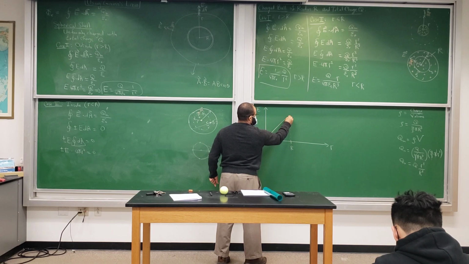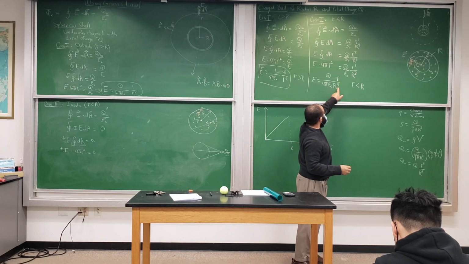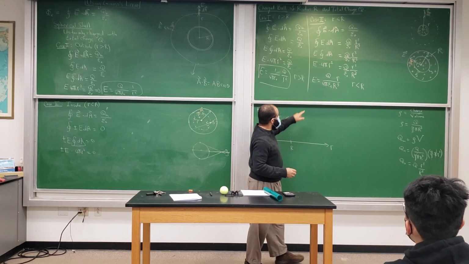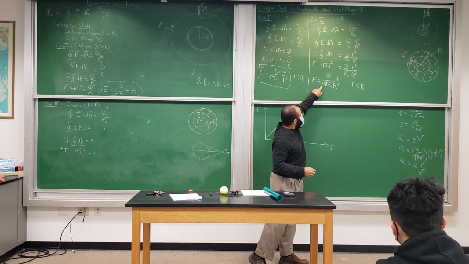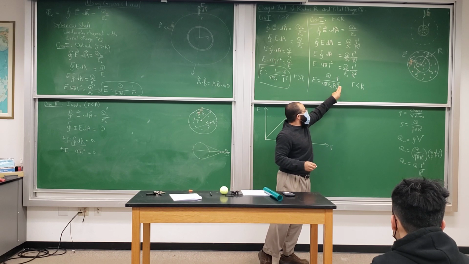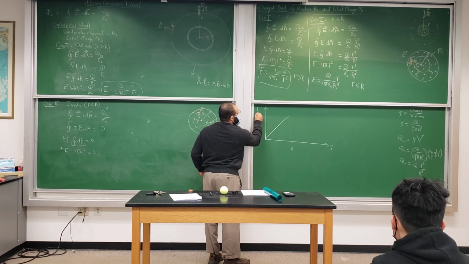Now what's the value when little r is equal to capital R? At this point, Q over 4 pi epsilon naught capital R squared, right? Because you have capital R over capital R cubed, you have capital R squared. So you have here Q